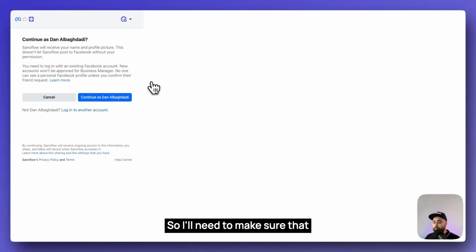So I'll need to make sure that I choose the correct account. So we always recommend that you use the same browser you're using to log into Meta. You'll need to log into Meta and Sanoflow at the same time so that both platforms communicate with each other. I'll click on continue